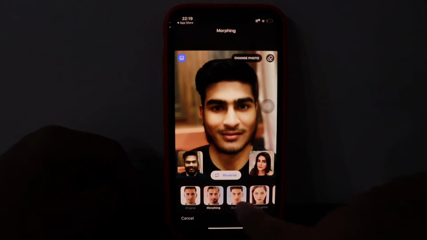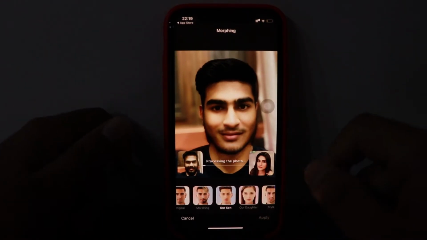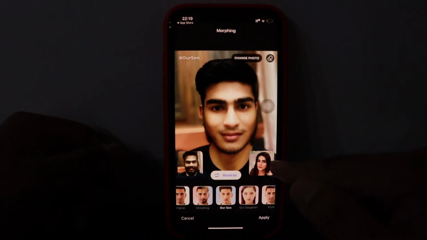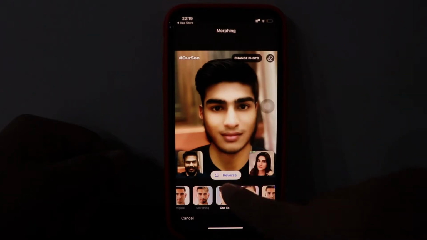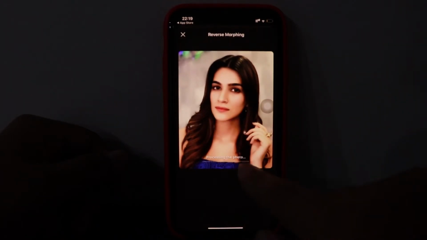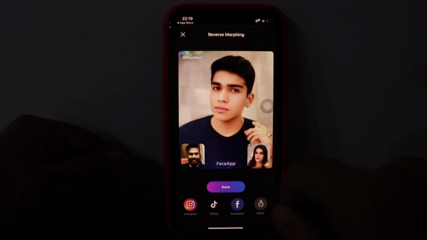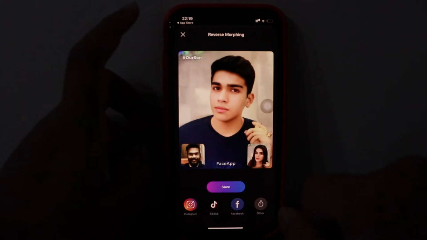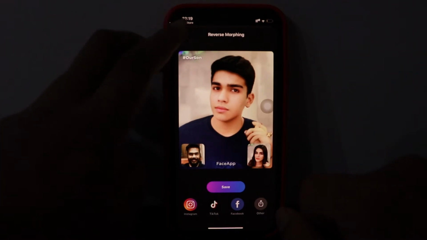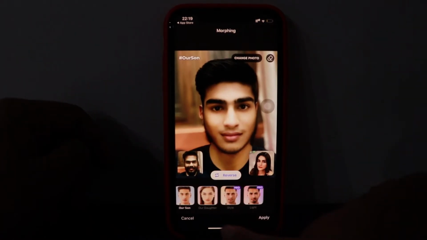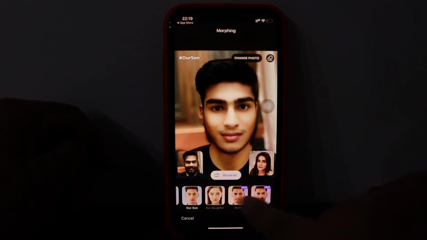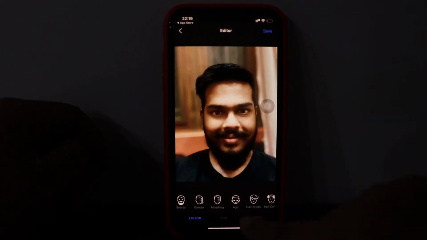And then you have a feature of son. Basically, son of two: my image and the other celebrity image. I have an image of Kriti Sanon. So this is how the son will look. And let's just see. So this is how a son will look with Kriti Sanon's face. In a similar way I can look for a daughter. And then there are different styles on it.